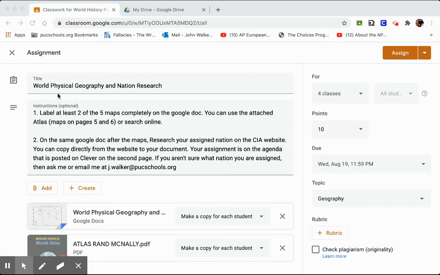So this is World Physical Geography and Nations Research, and there are two things to do on this. One, you're going to label 2 out of 5 maps, and the second thing you're going to do is research your assigned nation. If you don't know what your assigned nation is, then you can go to Clever, and on Clever, let's see,